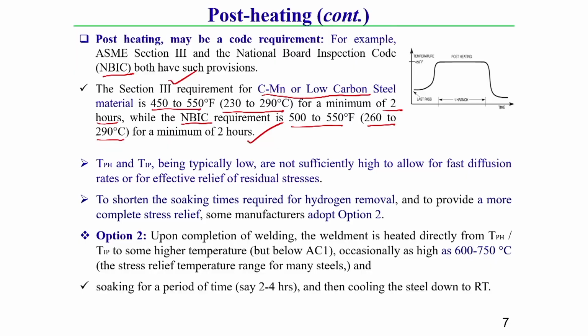But here one thing you can observe. Here I have shown how this post heating is done. After welding, or the last pass, we hold or raise the temperature to around 450 degree Fahrenheit. After that we hold it, I have already told you, 1 hour generally for 1 inch, or 25 millimeter thick section. After that generally we cool down to room temperature. You can observe this from here.